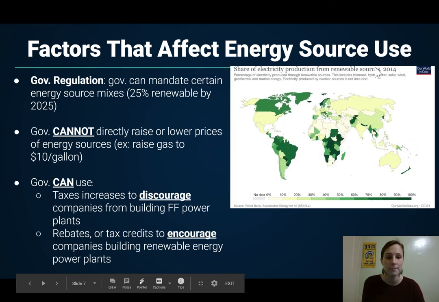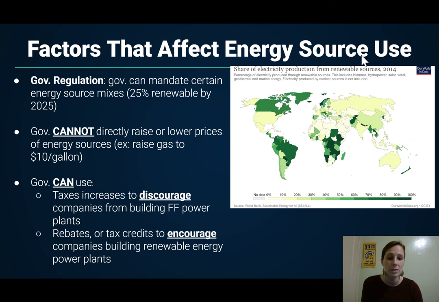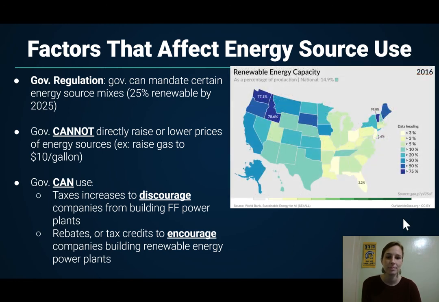So if you look at this diagram here, this is going to be the percentage of electricity that is produced through renewable sources. You'll notice the United States is not doing too hot on here because the more green it is, the more renewable sources we have. And so this is just kind of what it looks like worldwide when we're looking at renewable source usage. And here is the United States, which, congrats, Washington is actually doing amazingly,